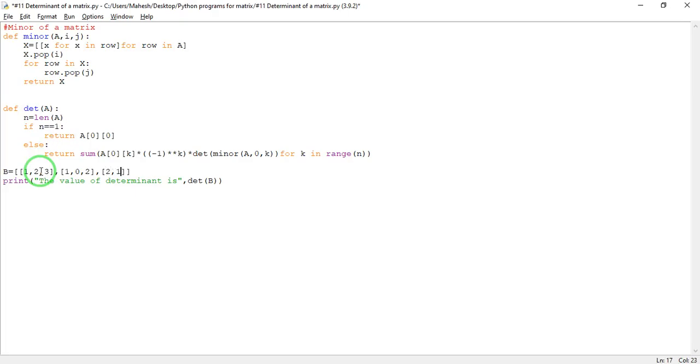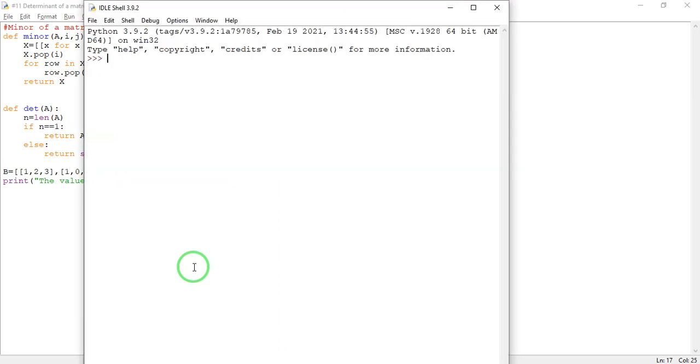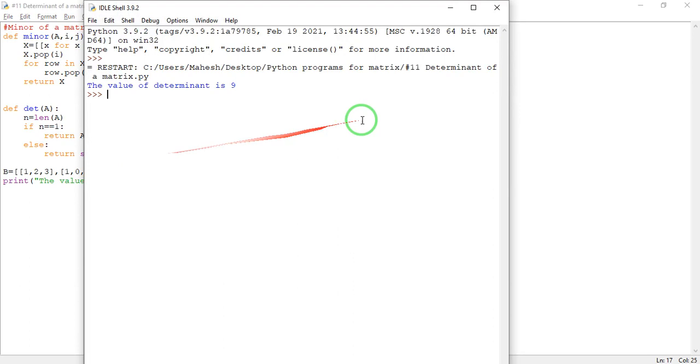Let us print and check the value of this determinant.